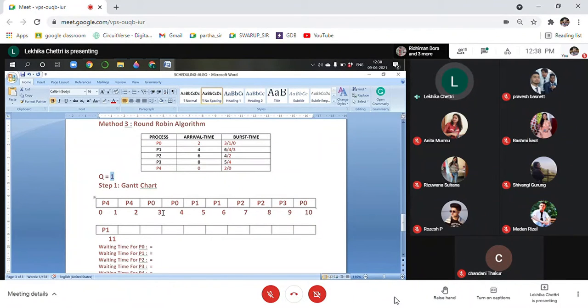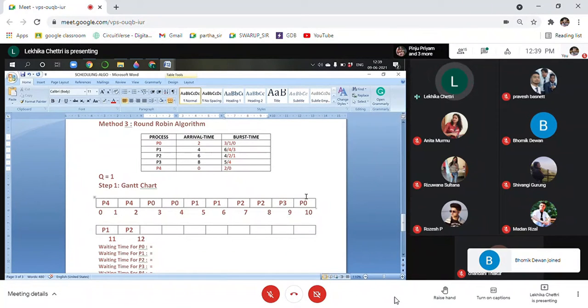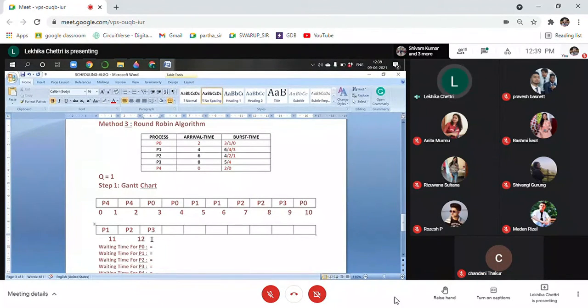After P1, which had come second, we go to P2. So we will write down here P2, and then we will update the time to 12. P2 will come out of the CPU and enter the main memory, that is your ready queue. So we update the P2 value to 1, only 1 unit time left now. After P2 we have P3, so we will write down here P3. The Gantt chart CPU time is updated to 13 unit time.